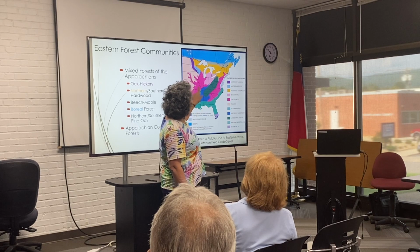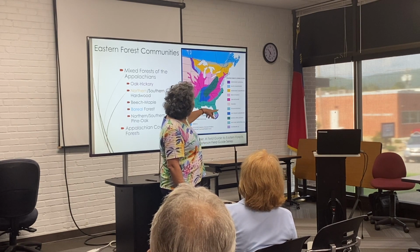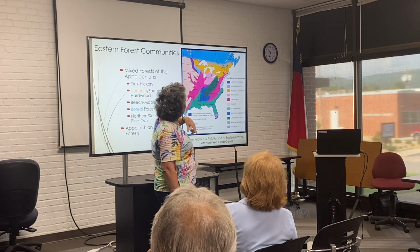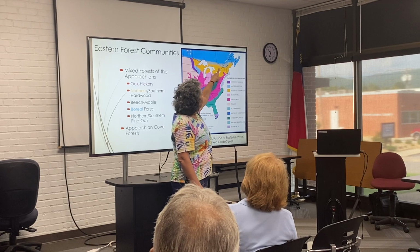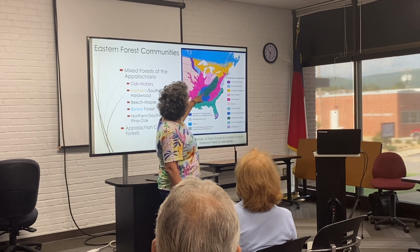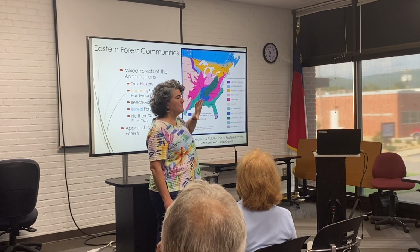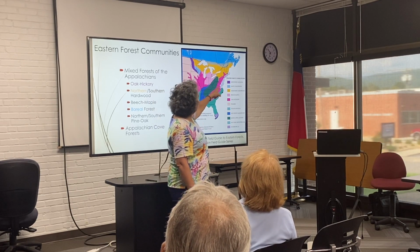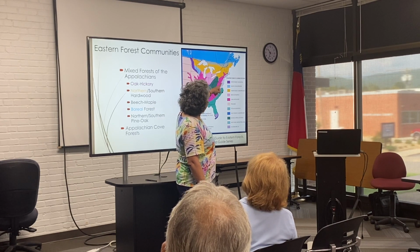So this pink one, the biggest one, is that oak hickory forest that I just mentioned before, right? So we border the oak hickory forest. But we also border the northern hardwood forest up here in yellow and the southern hardwood forest down here in blue. This pink light area here is called beech maple, so it's a specialized region. And then along the coast here where it's a little drier, that's where